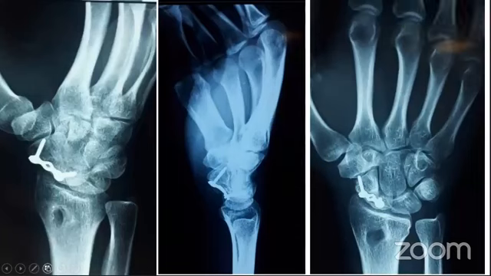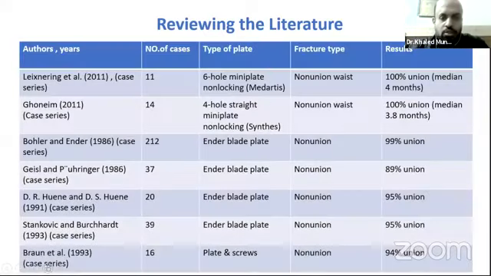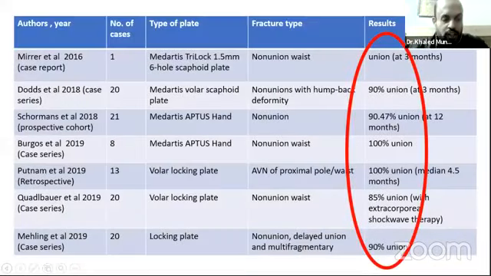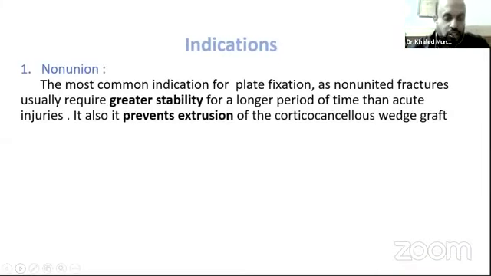خالد، هل ممكن نستخدمها في حالات الاكيوت ولا في حالات النون يونيون بس؟ Reviewing the literature, most of the papers are talking about using this technique in the non-union of the waist fracture with a good union rate reaching about 100%. But also there is a paper by Mailing et al. in 2019. He used it in delayed union and multi-fragmented fracture. So the most important indication for